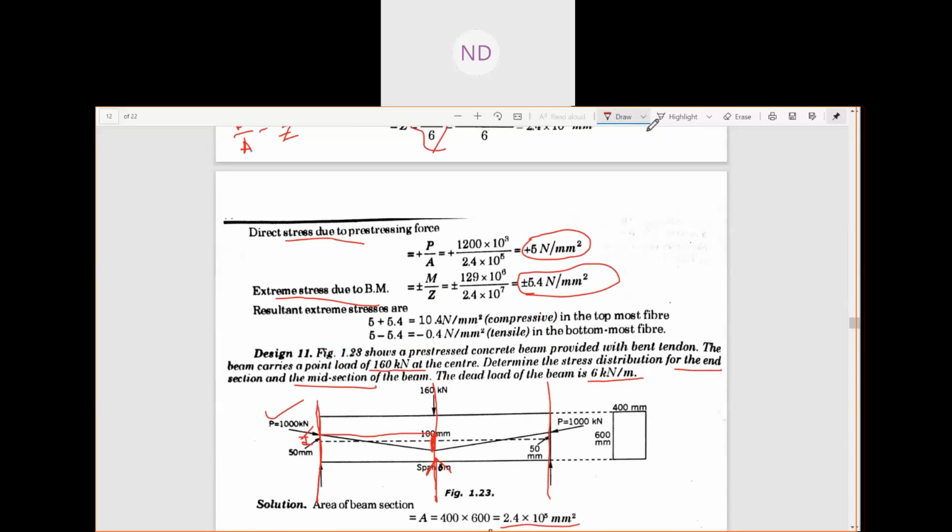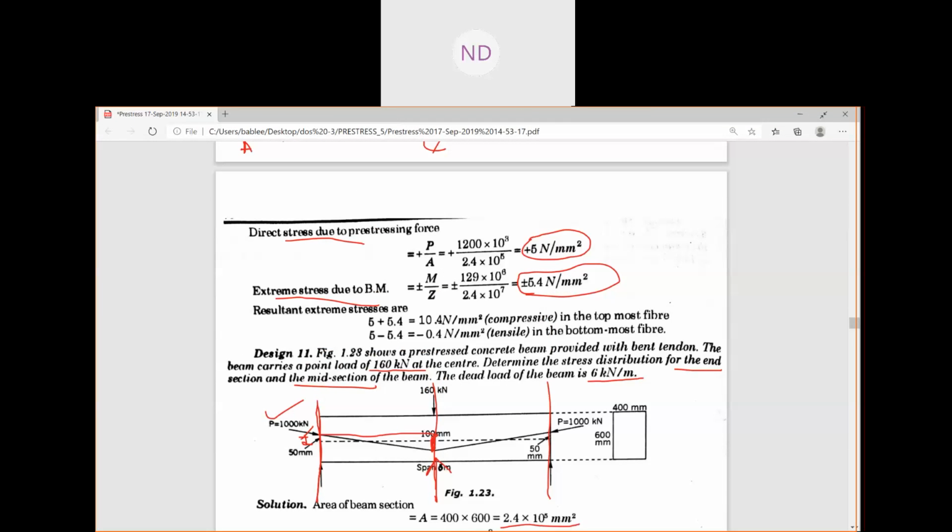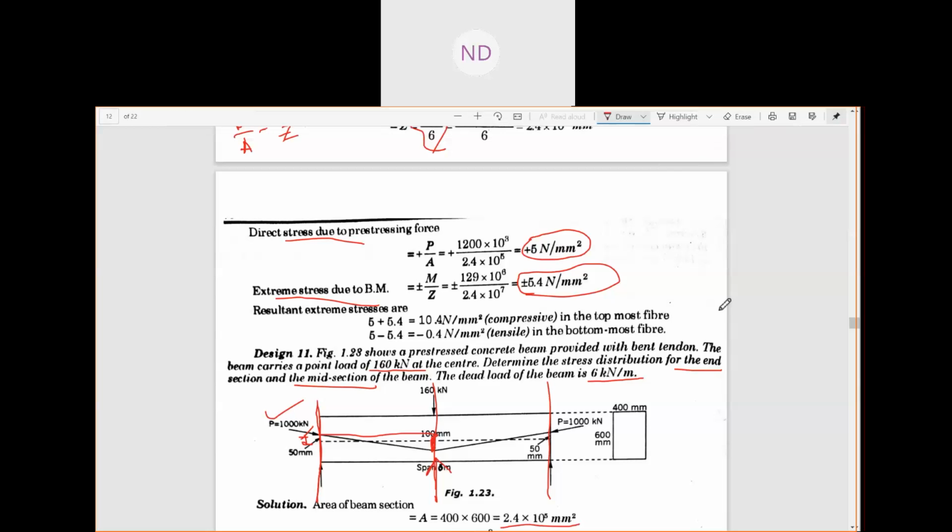Right. Now you can see here there is a moment. Earlier what used to happen is, due to eccentricity, when you had a tendon,